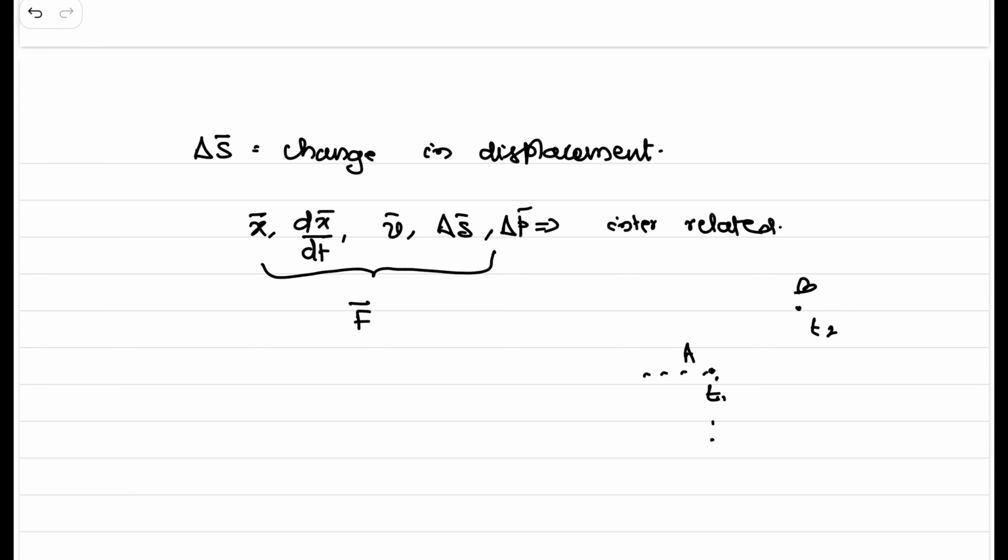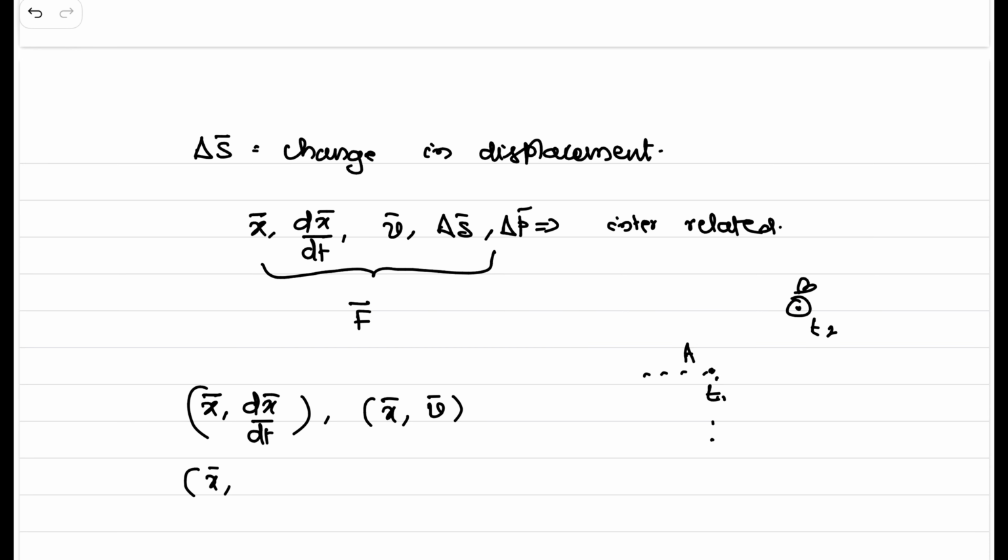That means if you know any two things connected to position vector, rate of change of position vector, we will be able to know the position of B. That means you should know x bar, dx bar by dt. This is one. Another also we can say x bar, v bar. We can even say x bar, because position vector is compulsorily required,